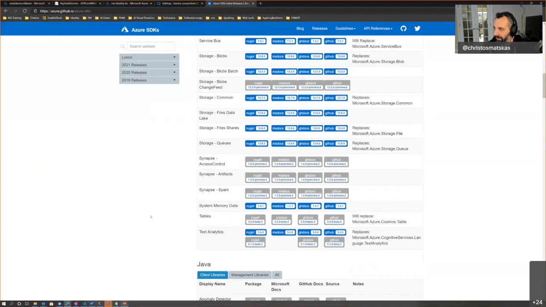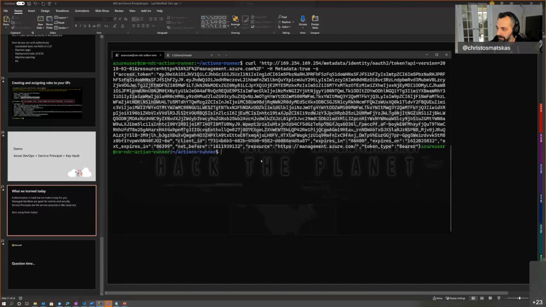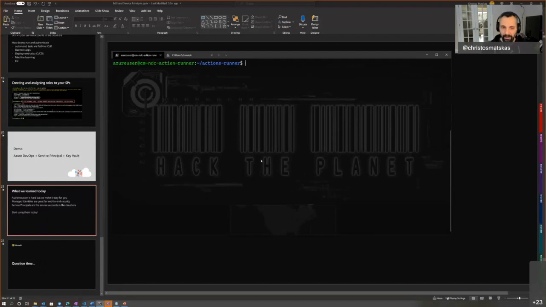Let's see, what else? So we have the Azure SDK. I talked about how you enable them. I told you how to spin up one. So in fact, let's go into the CLI. There you go. Clear. Sorry, I'm in a Linux VM, so I need to remember my commands. So here, if I were to create a new service principal, az ad sp create-for-rbac, that's for RBAC.